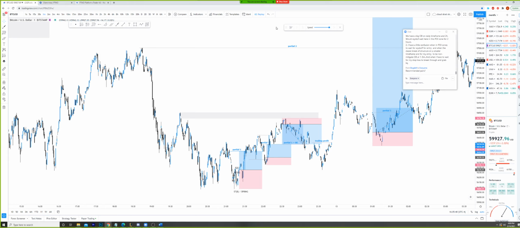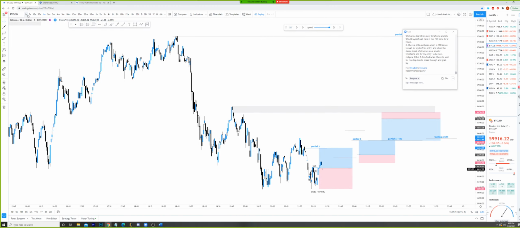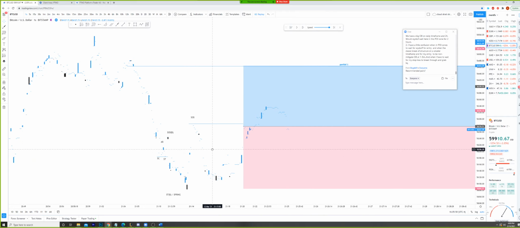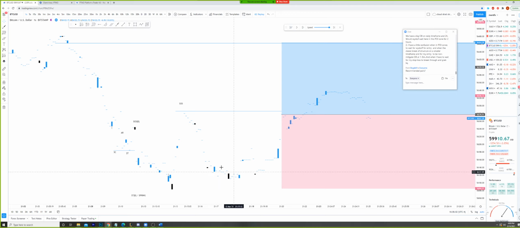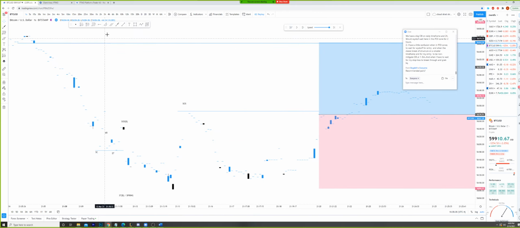Now again, it gets a little bit crazy, and what I mean by that is, even if we look at this one right here, I didn't get the entry on this, but there was a 1 second schematic that formed. Where was it? Somewhere in here. Yeah, there was like a 1 second schematic right here, which again I spoke about at the time. So it'll look insane, but as you guys can see, these beautiful little ticks, whatever you want to call them, I don't even know, are their own Wyckoff schematic.